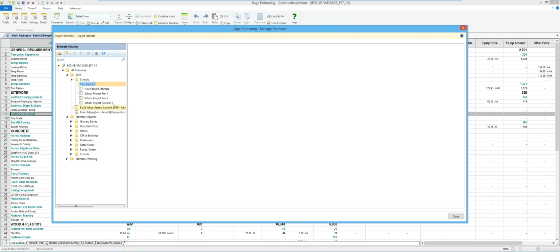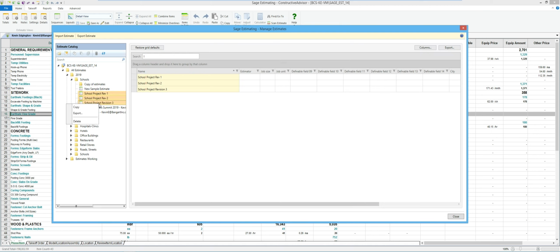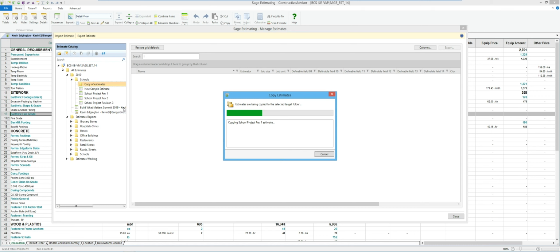I'm going to create another branch here. You could also go through there and highlight a number of them, and I could say copy. In that case, instead of moving them, for whatever reason I wanted to make a copy of them. I don't know if you noticed in the box, but there was also an option to delete them from highlighting. So it looks like they've given this a nice little facelift, being able to see those grids right off the bat, so I can focus on what the estimates are within that folder very quickly.